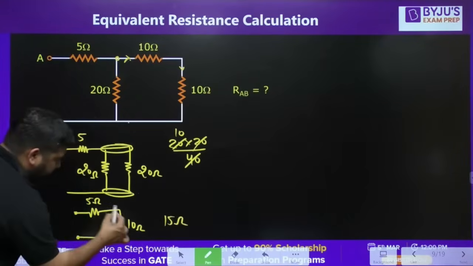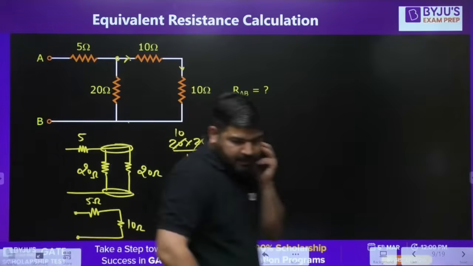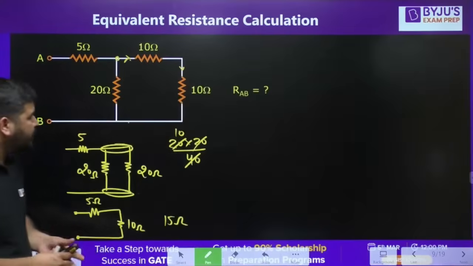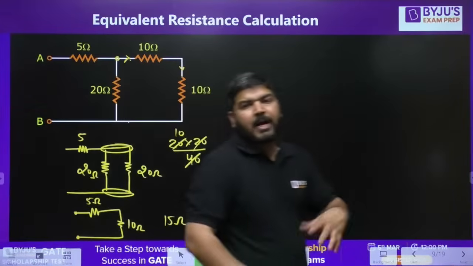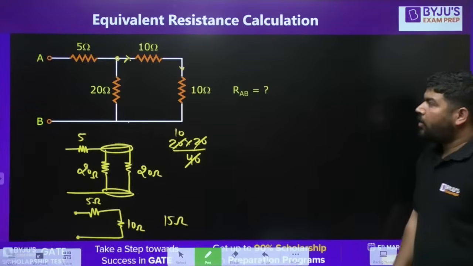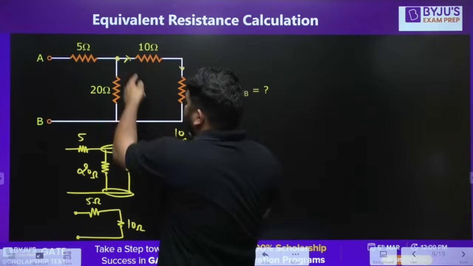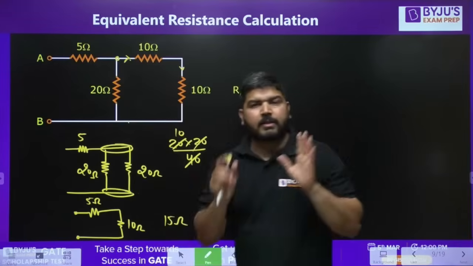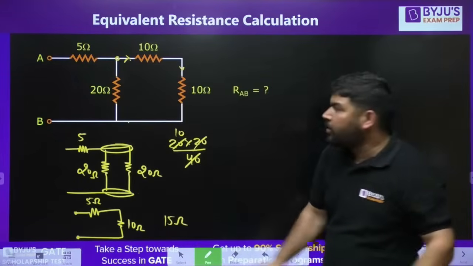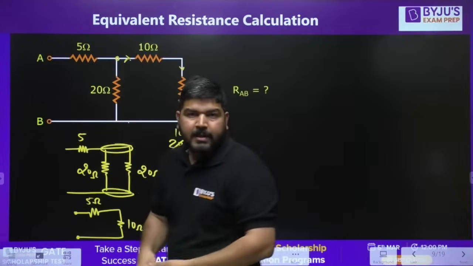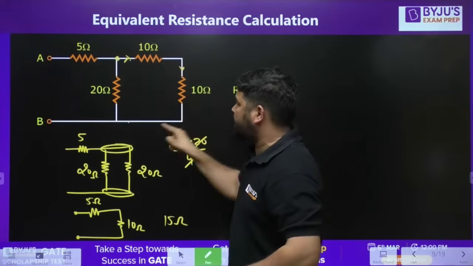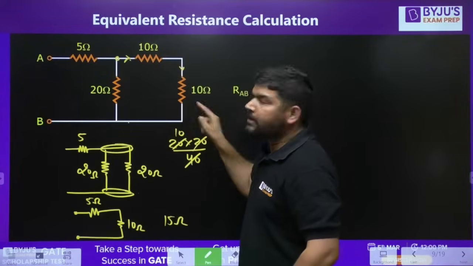Because you can see that this 5 and 10 are in series. So it's easy peasy. I hope it is clear. So you have to recognize which branch is in series, which branch is in parallel. Once you get this branch, we know that this is the series. Please solve this first. Don't bother about the other circuit. Since you get this simple branch in which the two resistors are connected in series,